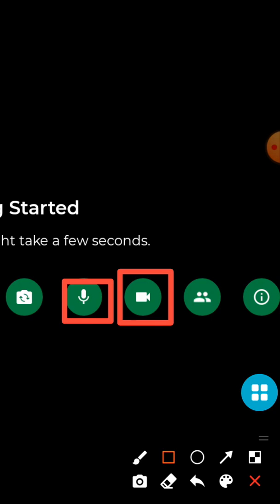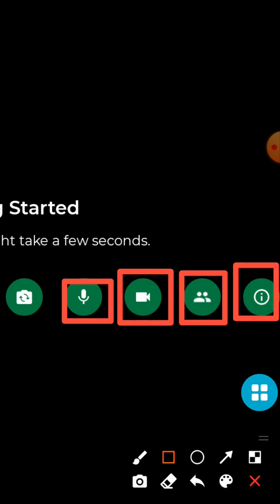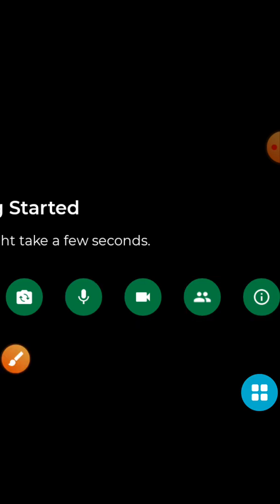Then there is this option of participants list. इसमें you can see how many children there are, out of what, and who means कौन है, who is there in the class. And this is the information one, it is not so necessary. Means इसमें सारी details हैं, so you can check once by clicking on it. At the top right corner you can see this big cross. Just check it whenever you are doing the class.